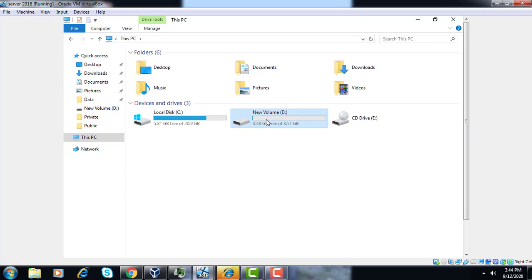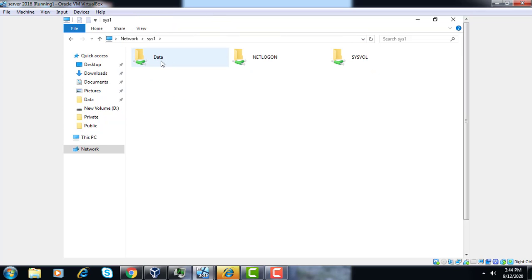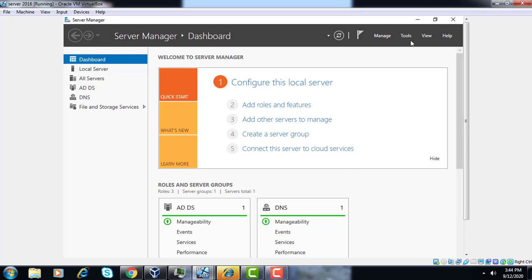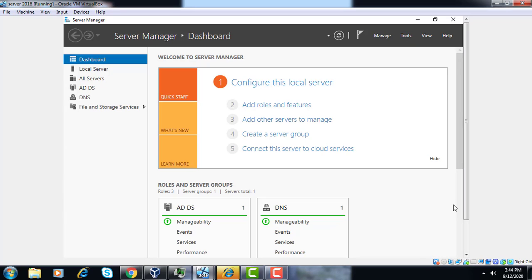Now we have created the folder, so let us check it from the system. One is our server name, and you can see these are the shared folders on our server. First go to Tools and click on Active Directory Users.